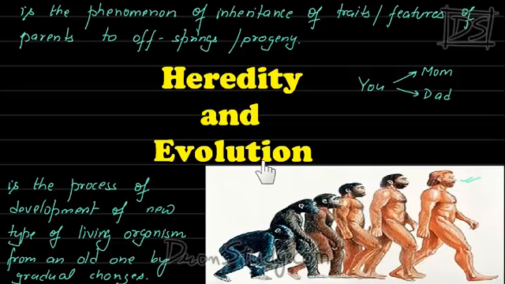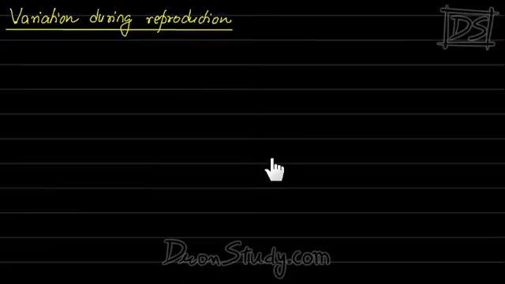Before we move ahead with this, let me just inform you that the previous chapter that we studied on reproduction, if you kind of understand that chapter a bit, then it will be easier for you to understand this chapter. Okay, so before we start, I would like to advise you to go through the video of that chapter and revise a bit. Okay, so let's move ahead.